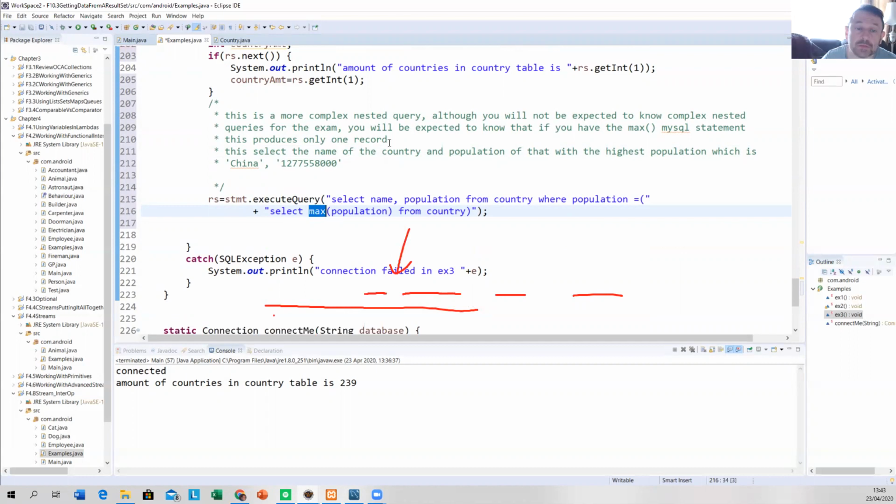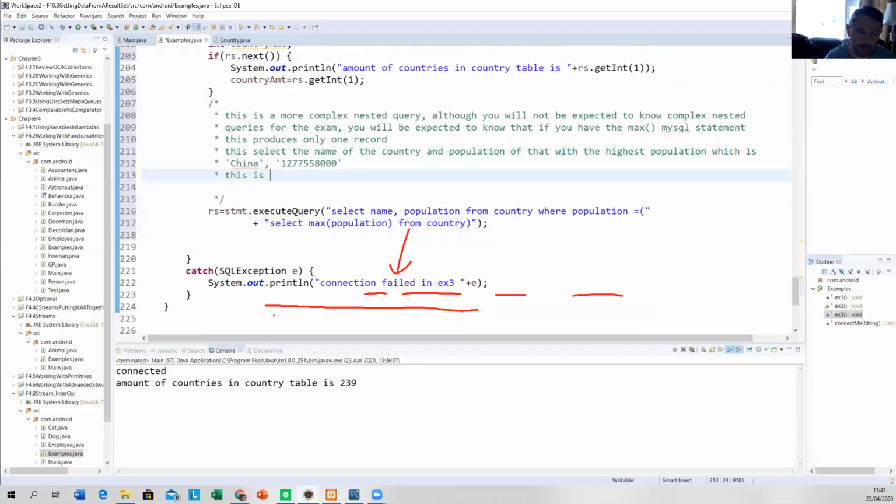So this is one row, one record with 2 columns, fields. Okay, so that produces a